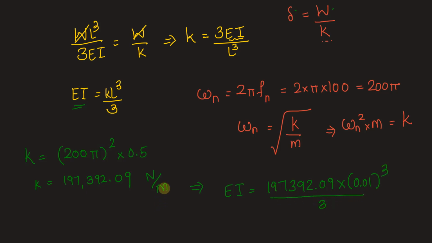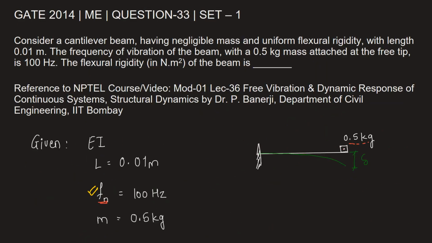We get the EI value to be 0.065. The unit of E, modulus of elasticity, is Newton per meter square and I is meter to the 4. So we have the unit as Newton meter square. Let's go back and write the answer. Flexural rigidity unit is already mentioned here. Newton meter square of the beam is